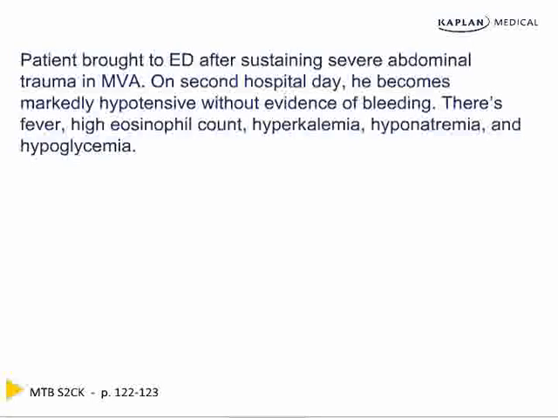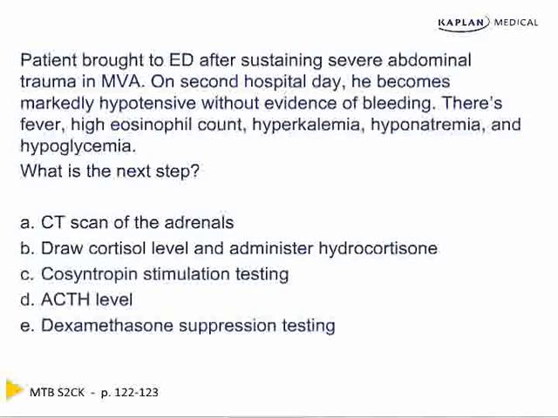A person is brought to the emergency department after severe abdominal trauma in a motor vehicle accident. On the second hospital day, they become markedly hypotensive without bleeding. And there's a fever and a high eosinophil count and hyperkalemia and low sodium and low glucose. What's the next step in the management of this patient? The answer is